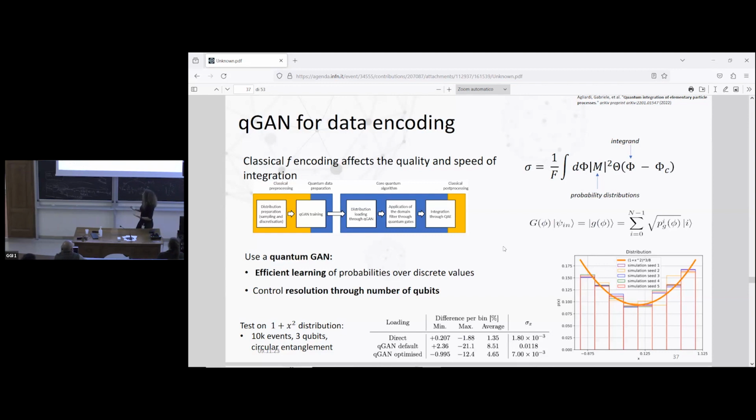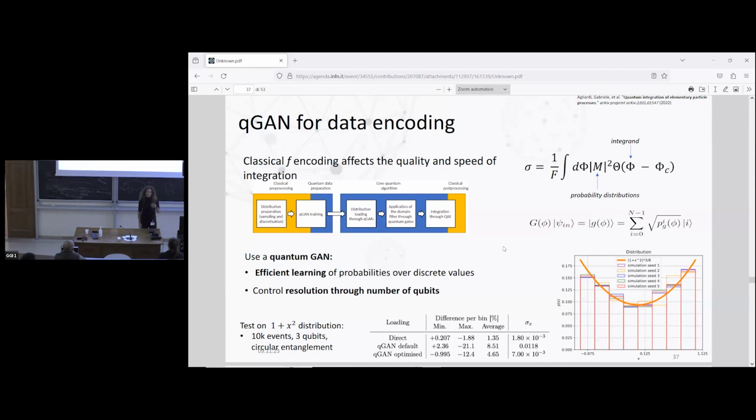So the answer is yes. You see here an example. This uses another one of those quantum GANs I mentioned before. Again, generative models. The quantum GAN is trained on the data that represents the function I want to integrate, learns this function effectively, and then it becomes the first step of my quantum amplitude estimation algorithm. This is an approach, and it worked very nicely. Here you see an example for a parabolic